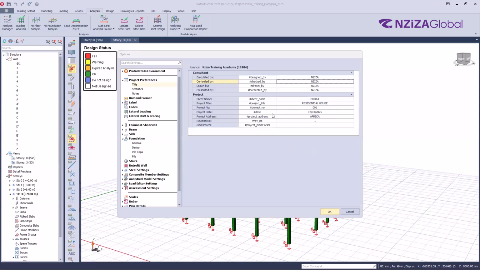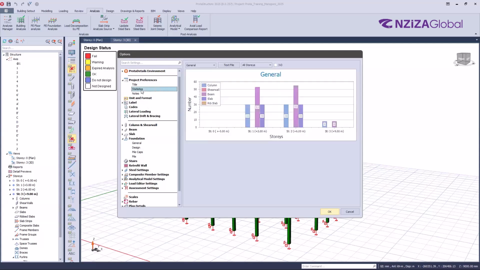Okay, so if you are done, there is another thing I want to show you here under statistics. If you go to the statistics here, you will be able to see a summary of your project so far. You will see the name and all the members. On this legend here,